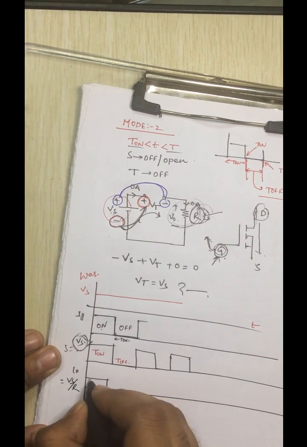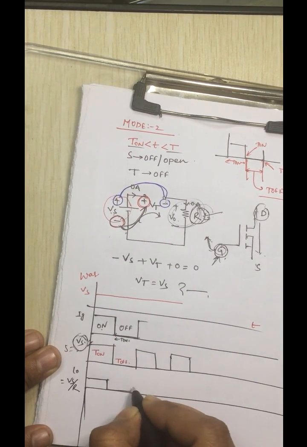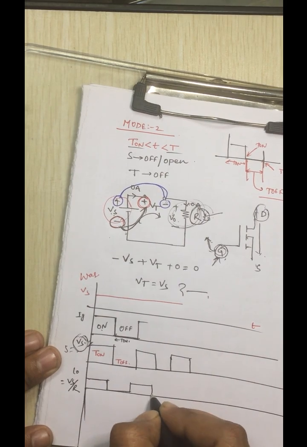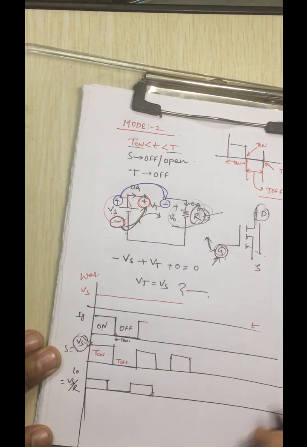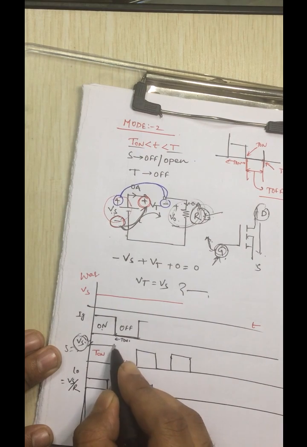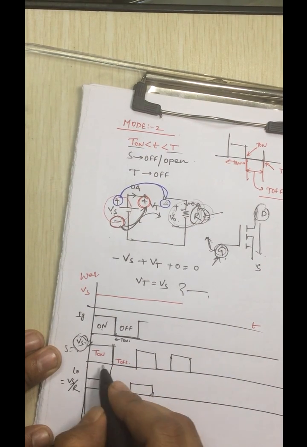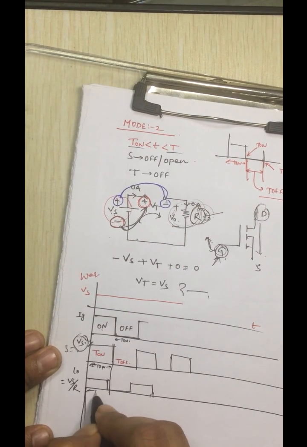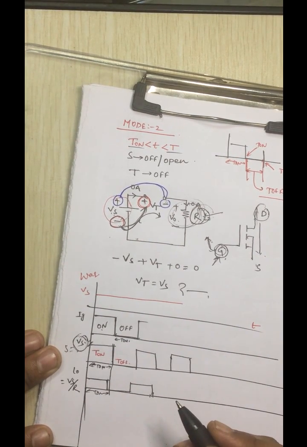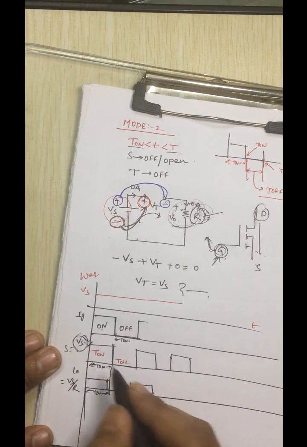Okay, so like this one, as it is a resistive load, it will also follow the same path. Whatever the duration of time for the T on appearing over here, there will be the same T on period for the current also, because both are in phase, as we are using the